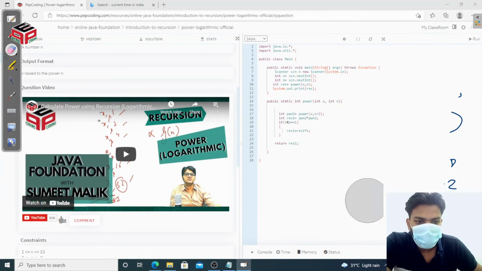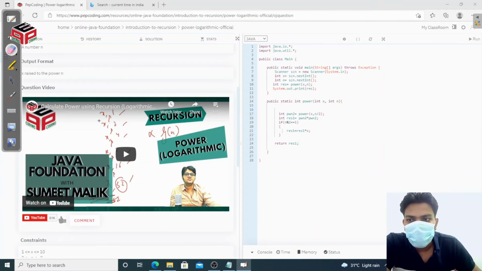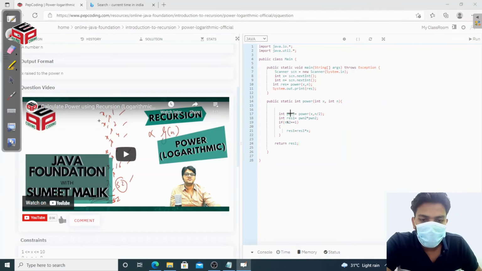So we want to find our base case. What is our base case? We are going to dry run on the stack, so we get our base case. What is the base case? Okay, so we crop this.